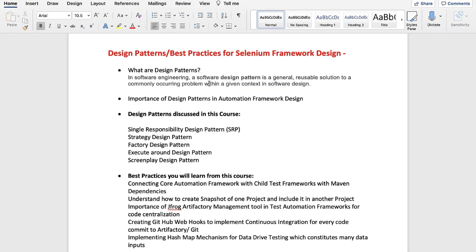So what are design patterns? In software engineering, a design pattern is a general reusable solution for a commonly occurring problem in your design. You will run into some problems in your software, right? It could be a framework or it could be any application design. So what can be the reusable solution so that the problem's occurrence will be reduced, and maintenance also should be much easier? That's where design patterns come into the picture, where you design a pattern which will help you get a solution for your commonly occurring problems.